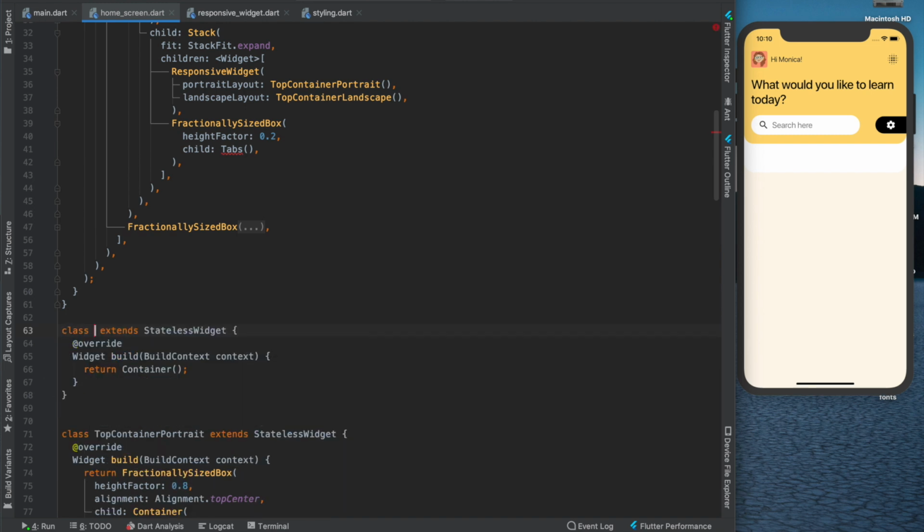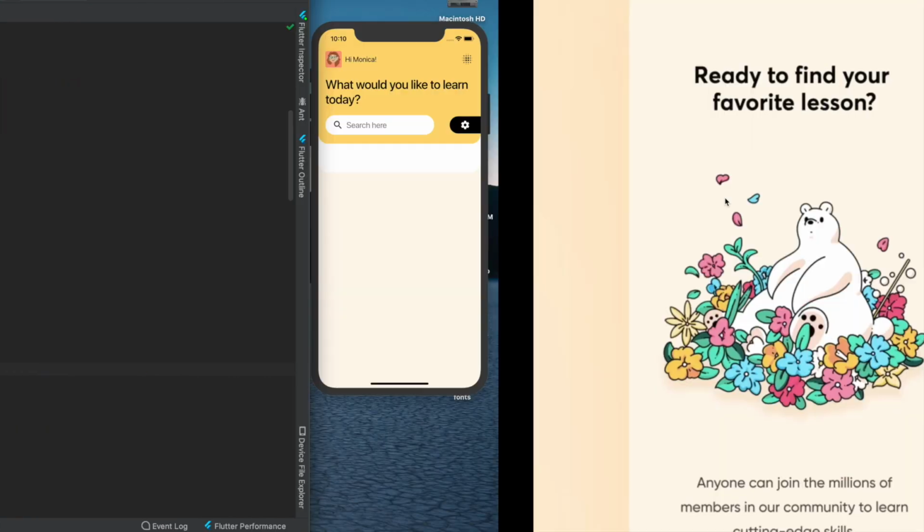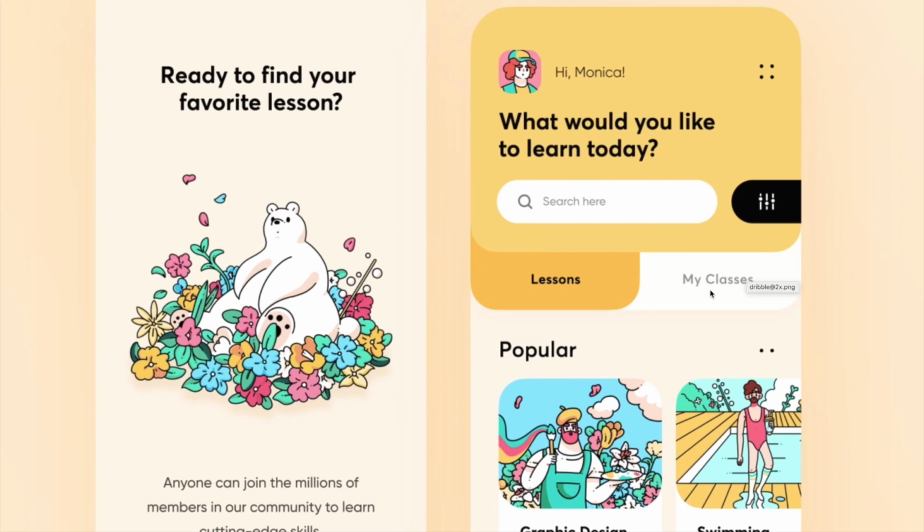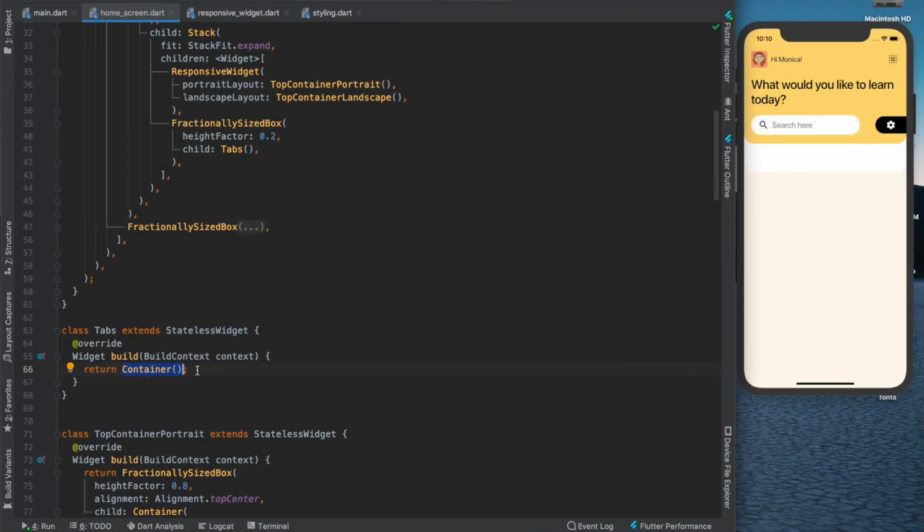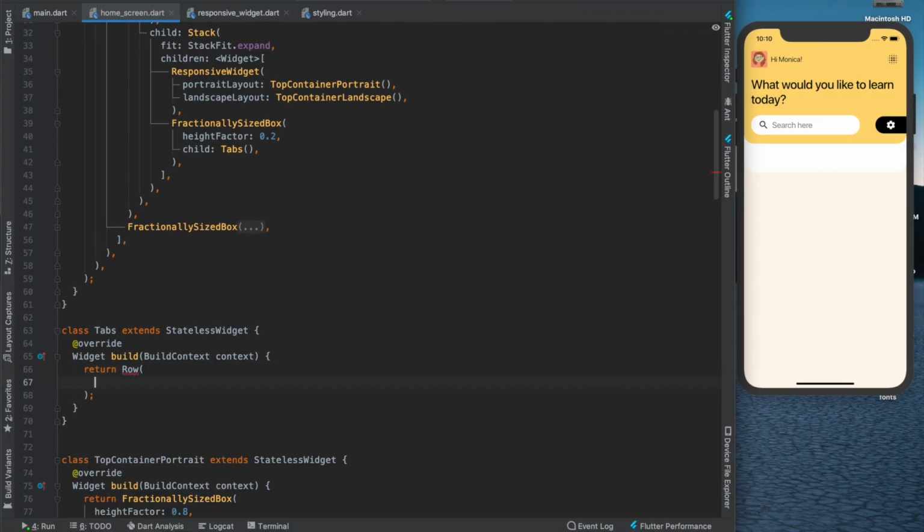Let me create a new widget so that we can take it out sometime later. And in tabs, the tabs are considered just as a row with two elements, both of them expanded. Okay, so we will have a row,